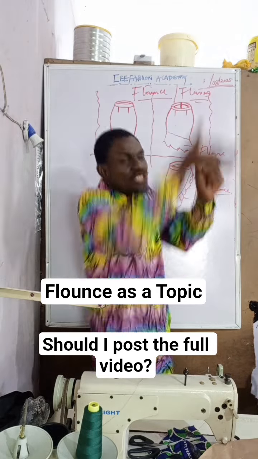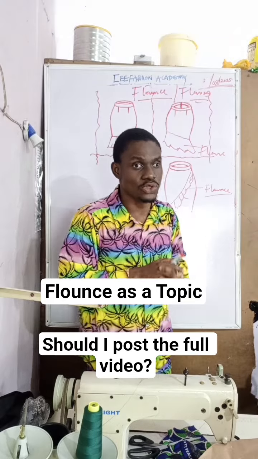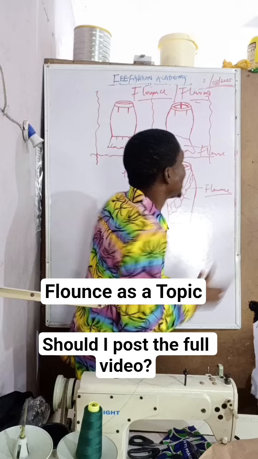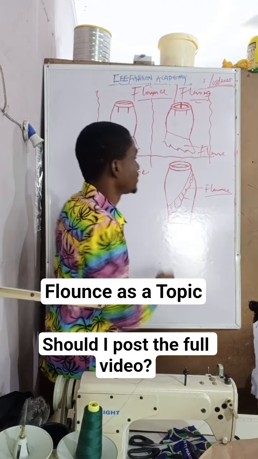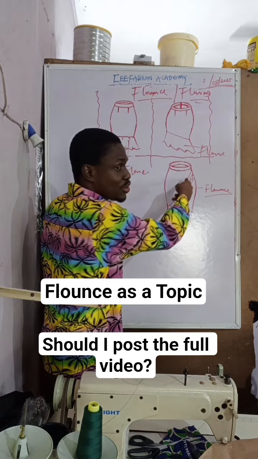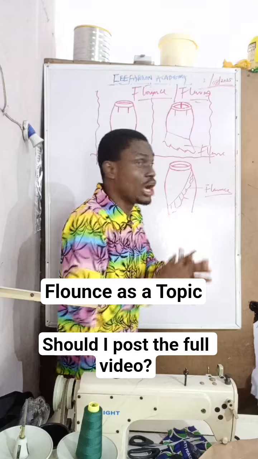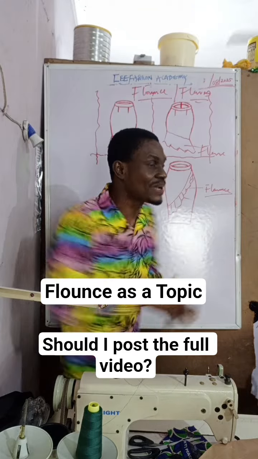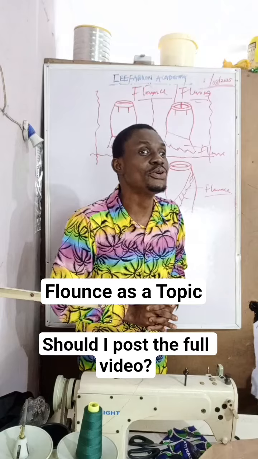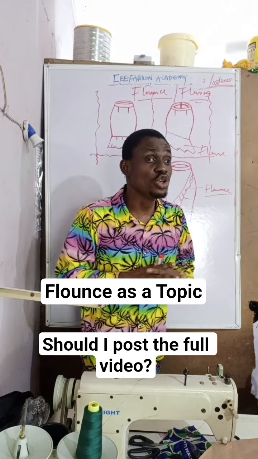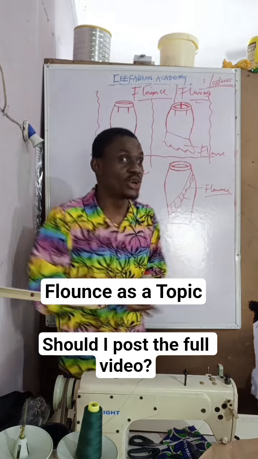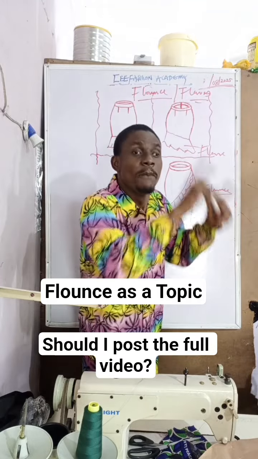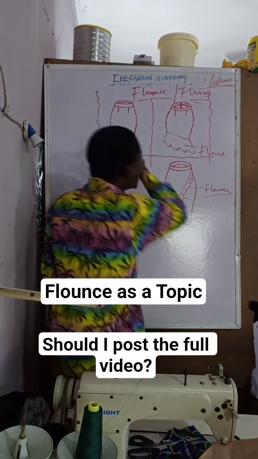Do you understand? And flounce is more like you can tweak. Also, the way you place your flounce matters a lot. Like I've told you people, if you use a flare, okay, let me give an example. Cut a flare and now use it and place it diagonally. You will see it diagonally, just like you are seeing on the board. You see a lot of people, now ask them, what is it on this particular skirt? A lot of people will tell you, it's flounce. You know why? Because you placed it diagonally. They are seeing it as a design now, not as a flare. But take that same flare and place at the lower part of